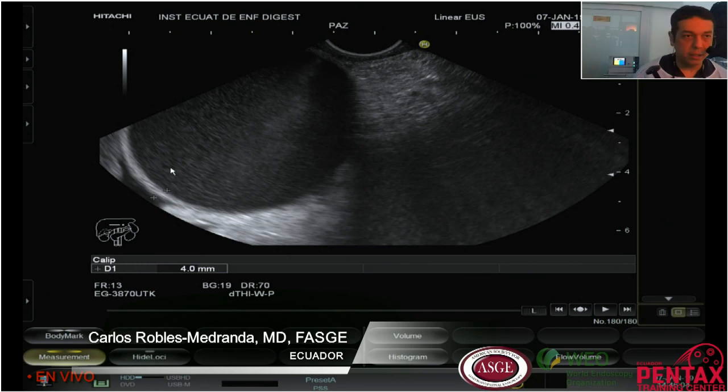So this patient needs drainage of this gallbladder because surgical resection is not